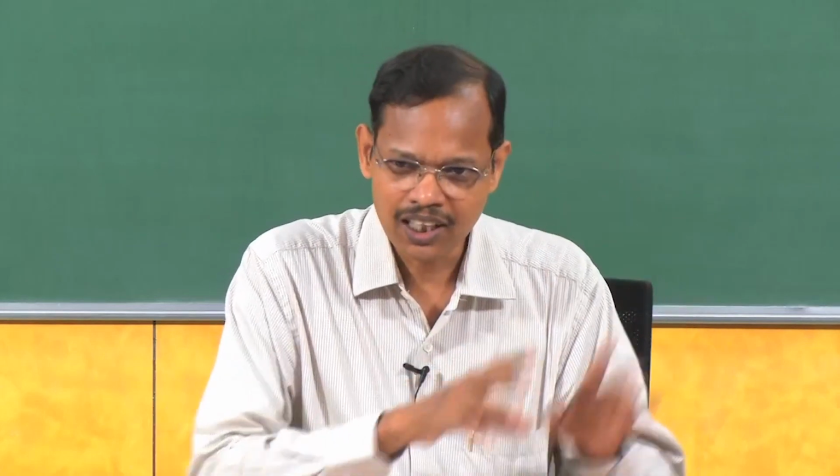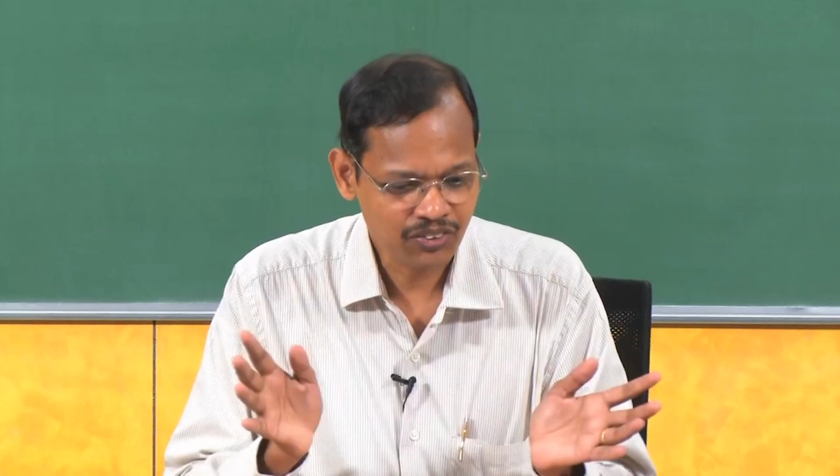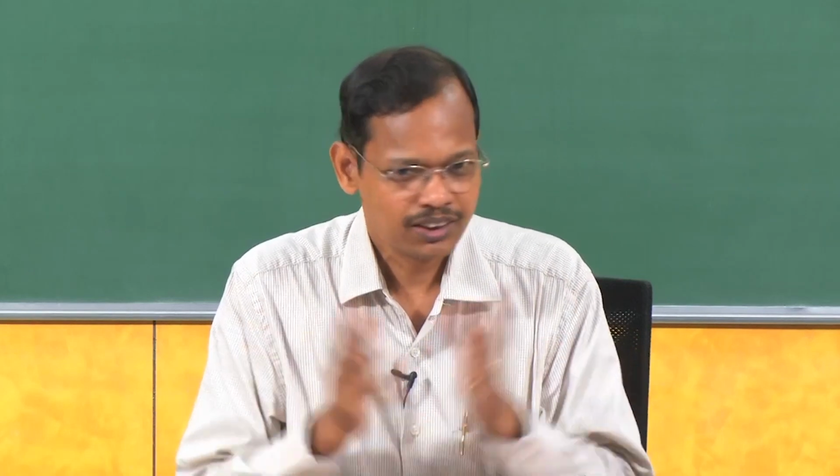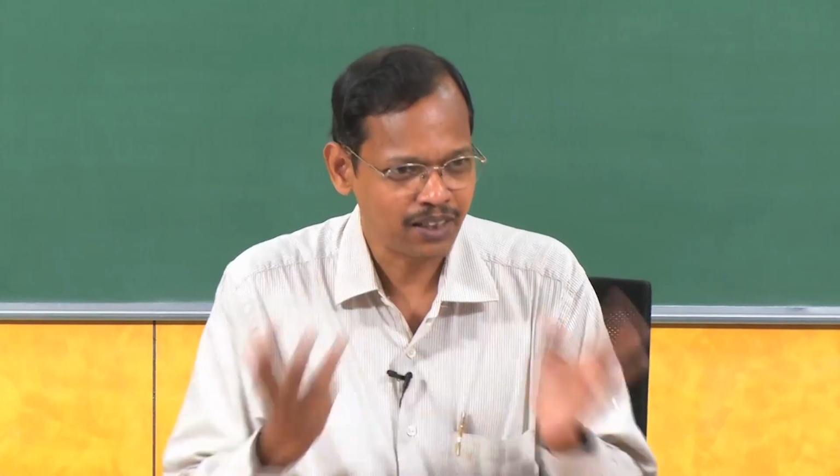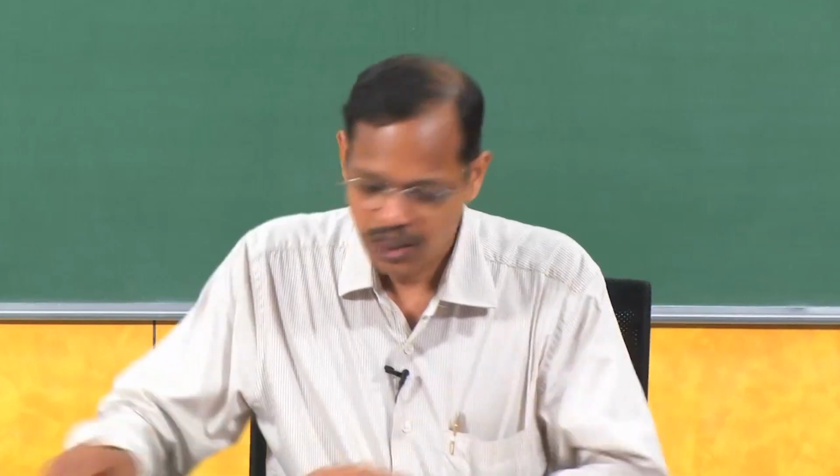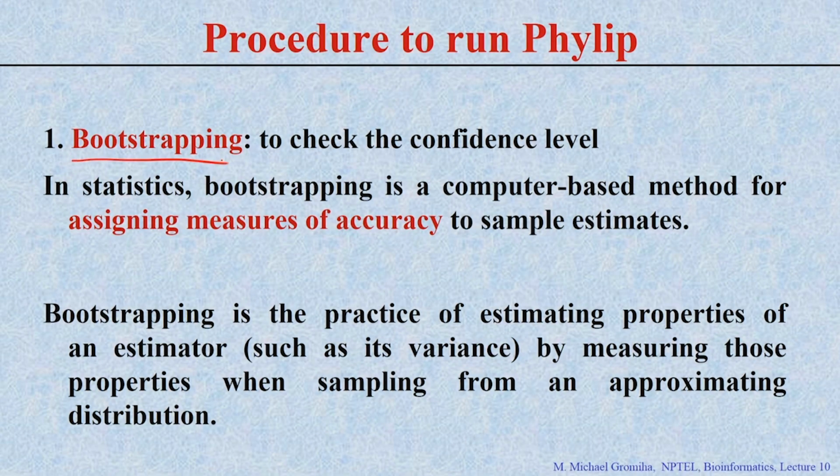If your tree and the randomized tree are the same, then what will you infer? It is not significant, because it could be possible by random, not exactly 1 and 2 are close to each other. Even if you take any random sequences, 1 and 2 will be close to each other, right. For this case, they use a method called bootstrapping to increase the confidence level, whether your tree is confident or